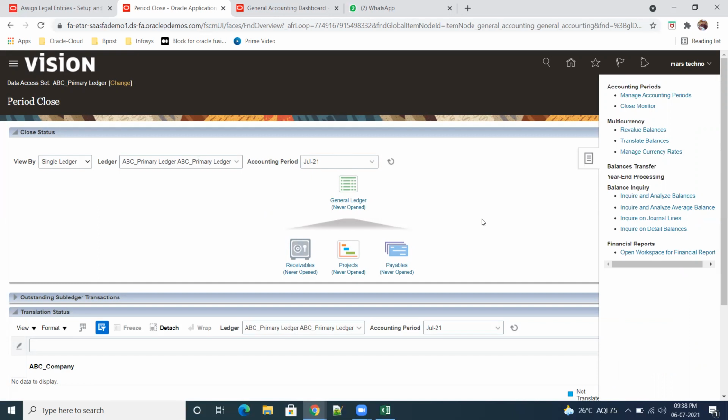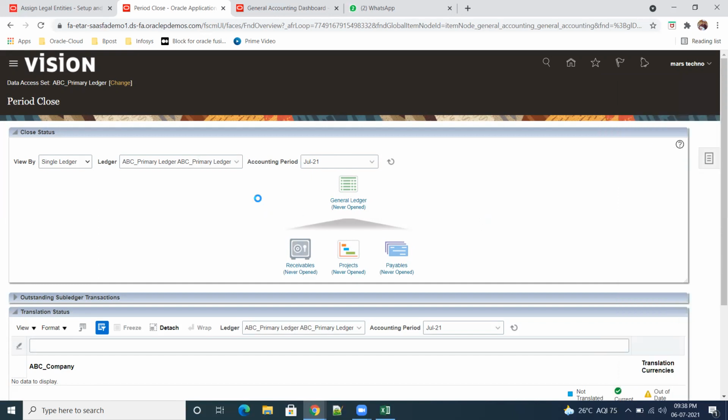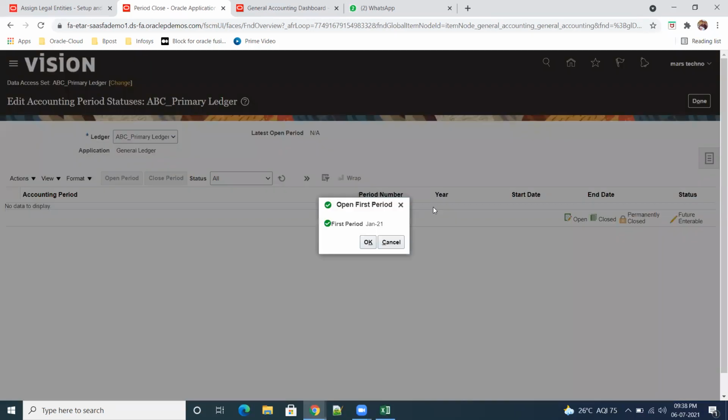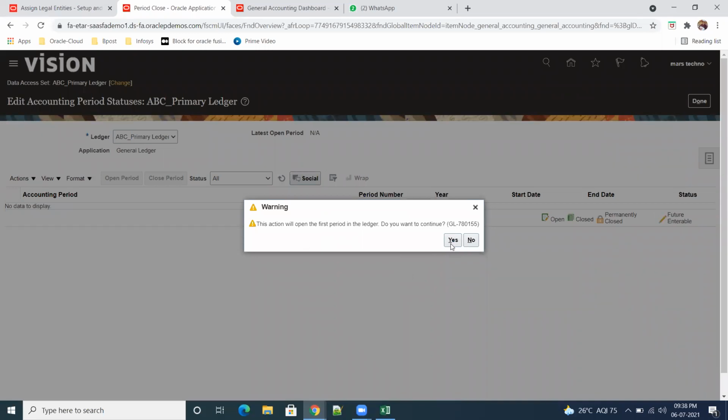Where is it? No, here, general ledger, open this, open that one. So the first period will always start from the calendar period. Okay, so click on OK. It will run some job.